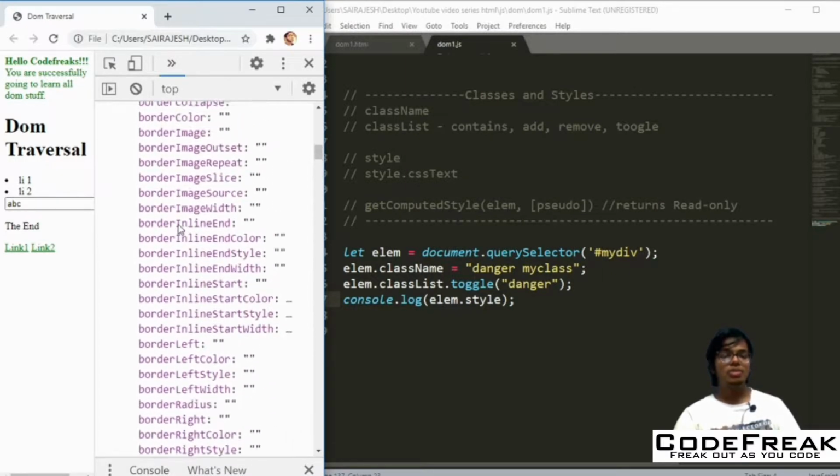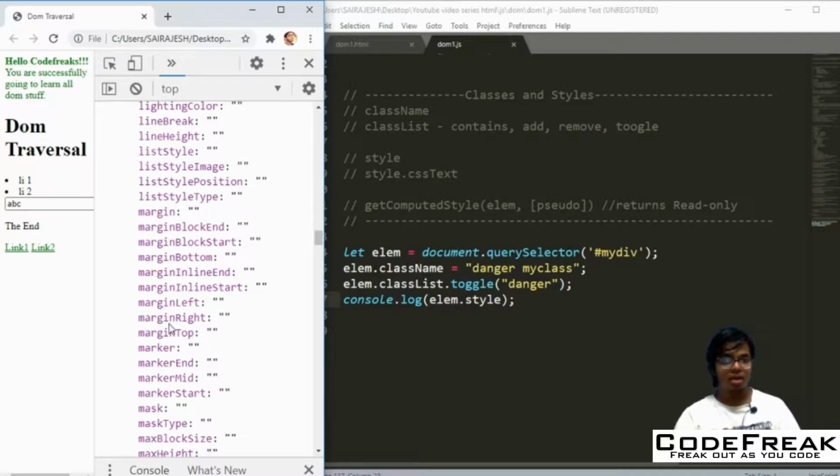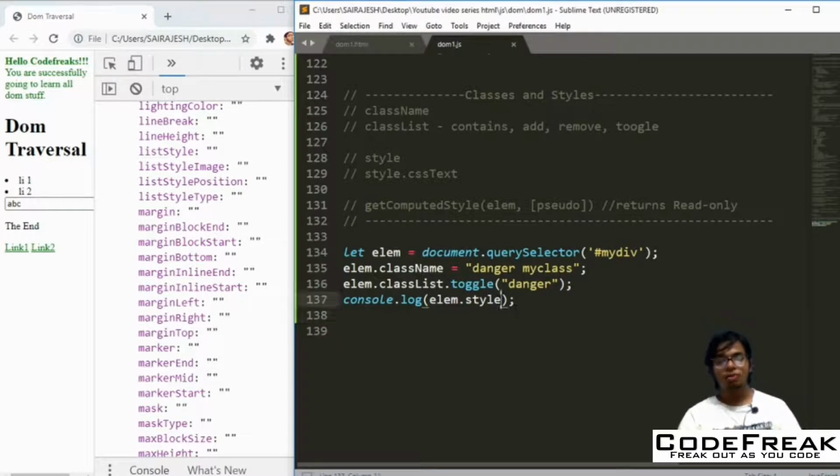And there is something which I think I should show you here. Here you can see marginLeft, marginRight. When we used it in CSS, actually we put margin dash left. So in CSS, even though you write it in that manner, when you go to JavaScript, in this particular format, it is converted to margin and capital L Left. This is called the camel case notation. So that is something which you have to remember.